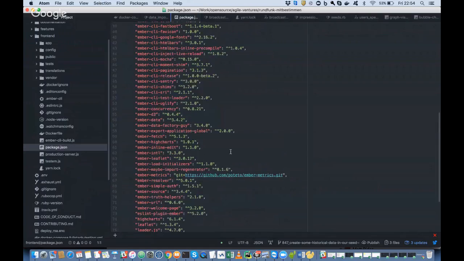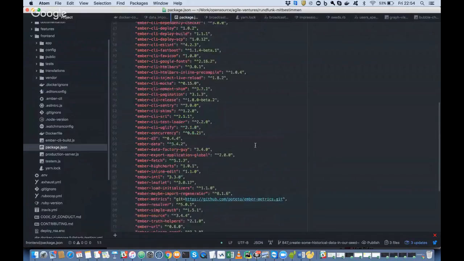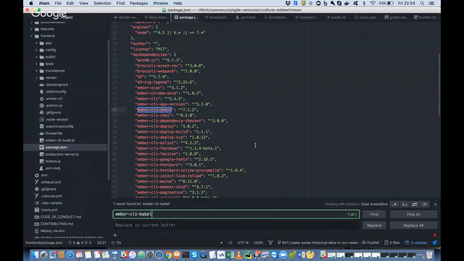It's already been added, so I think it needs to be upgraded. Where's the package.json? There it is. So then you're looking for Ember CLI Babel. Okay, cool.